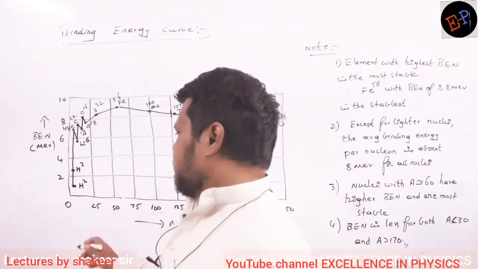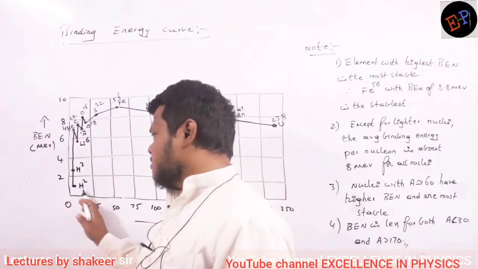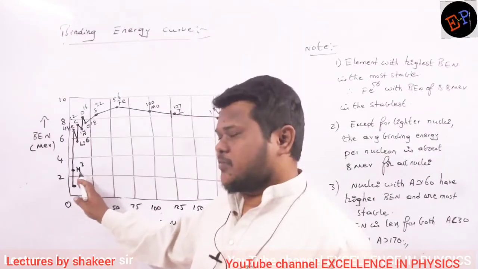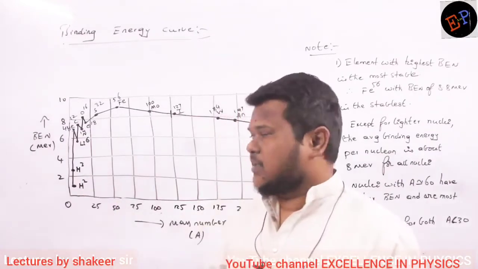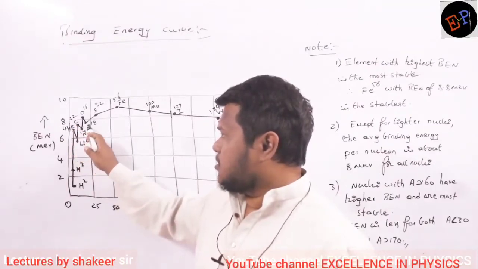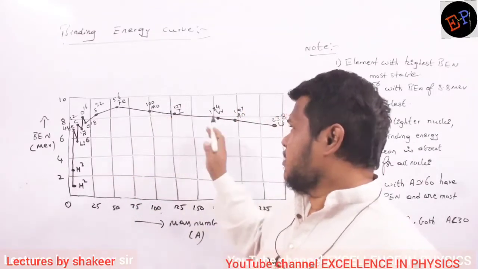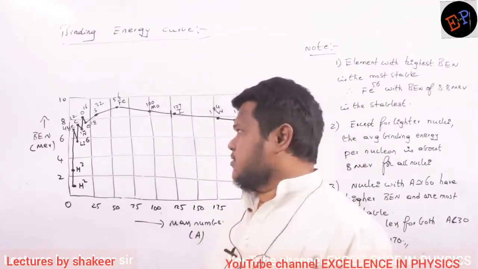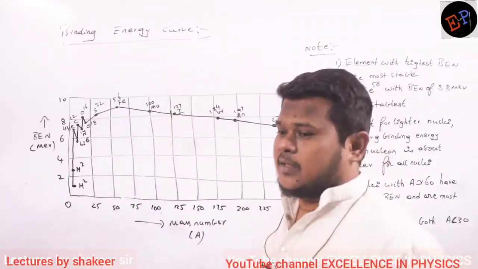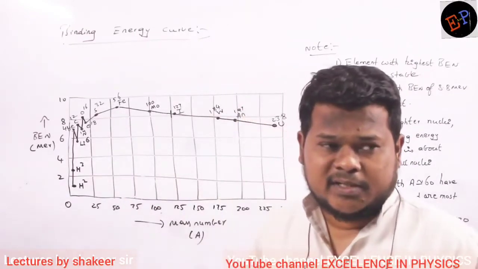Clear? Now see. Hydrogen, mass number 2, has the lowest BEN, followed by tritium. This is a deuteron, this is tritium. Then here I have lithium, helium, then nitrogen, carbon, oxygen 18, oxygen 16, sulfur 32, iron 56, molybdenum 100. Like this I have. Are you able to understand? See, out of all these elements, which has the highest BEN? Iron. The highest BEN exists for iron, nearly 8.8 million electron volts.